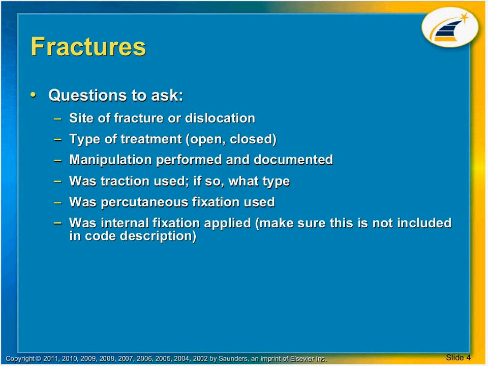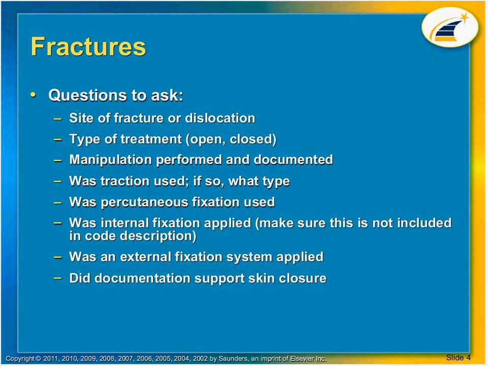It is placed on the body to keep the bone or the fracture in place to be repaired. So they may not open the wound to do a percutaneous fixation. And they'll have what is an external fixation applied, and then, did documentation support the skin closure, and what type of anesthesia was used, whether it was local or general,